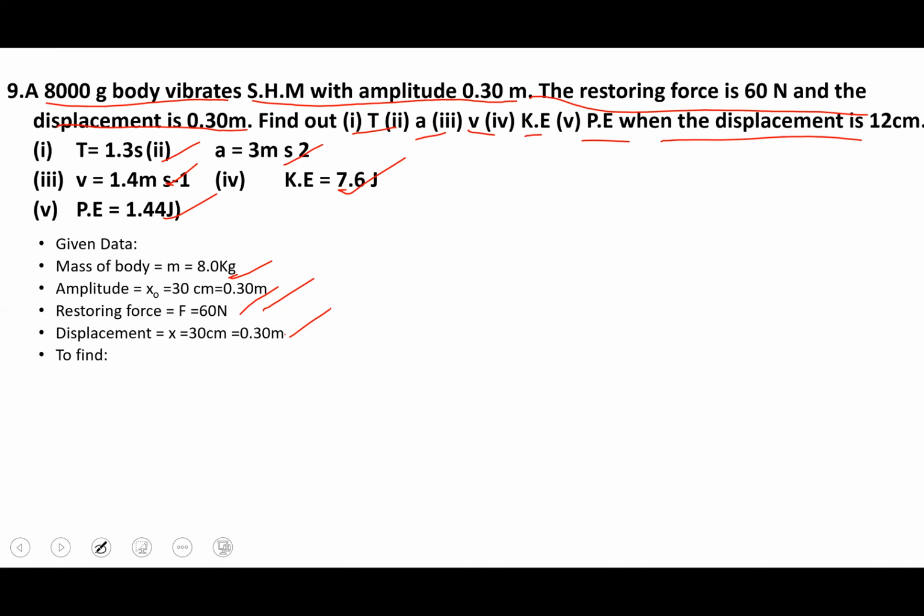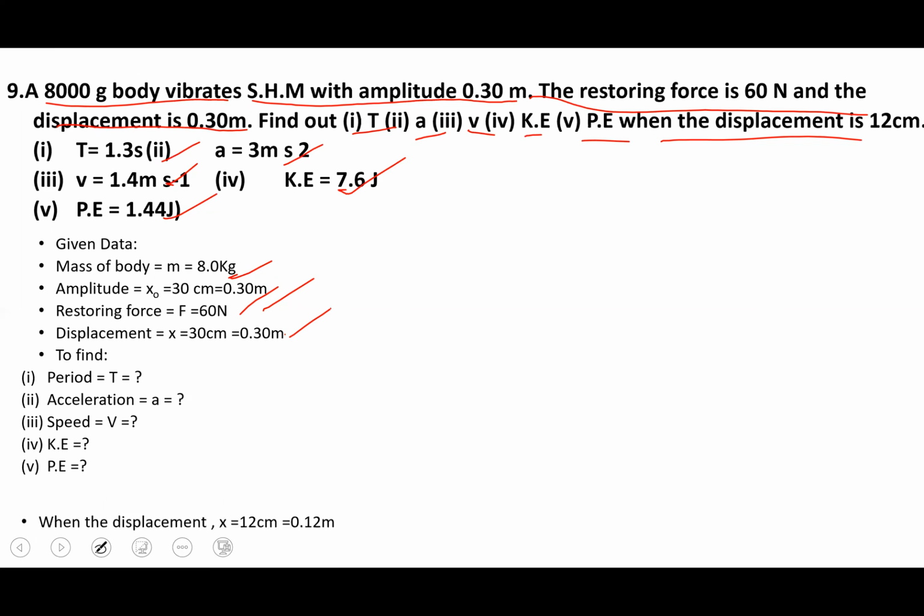To find, we have the time period, we have to find the acceleration, speed, kinetic energy, potential energy, and when the displacement is x, we have to find it. Then what happens at that position? So for the first part, the time period, we have to understand Hooke's law and we have to find the value of